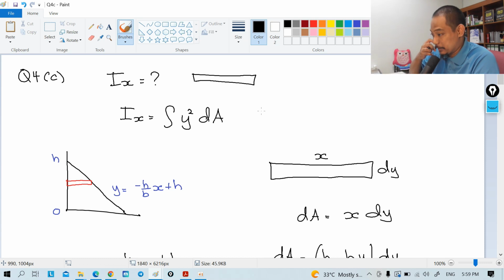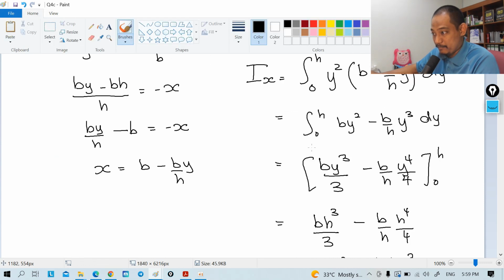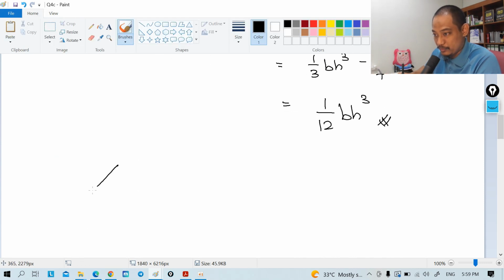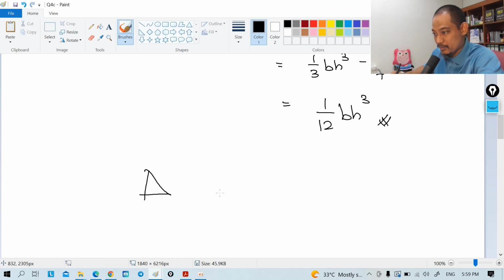6:05, right? We have another like 5 minutes. Just as an illustration, if you want to double check, because we know for any triangle, Ix about its centroidal axis is 1 over 36 b h cubed, and the centroid is at 1 over 3 h,